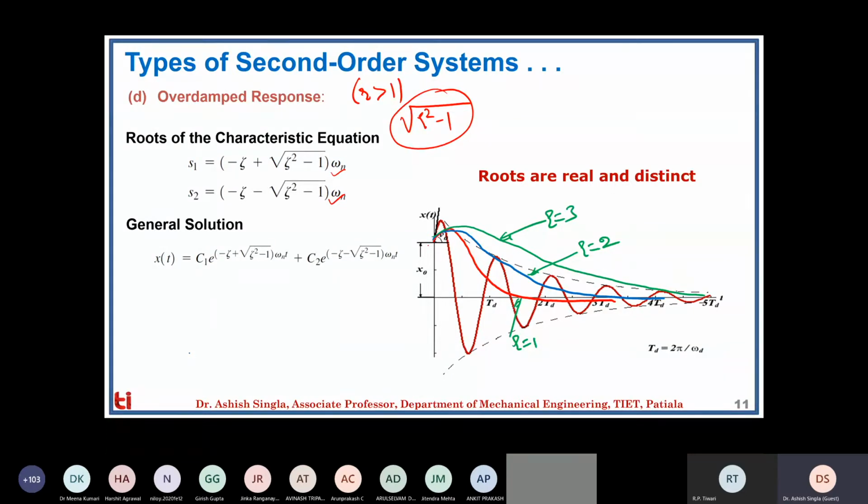Then the question comes: why do we need this overdamped response? In typical robotic applications, the robot may need to deal with an environment full of obstacles. The main priority of the robot is that it should not hit any human being, it should not hit itself, and it should not hit anything in the nearby environment or any other object. In that case, we can use the characteristic of the overdamped response. We can say that it may take more time to complete the job, but it should not hit the obstacle at all.